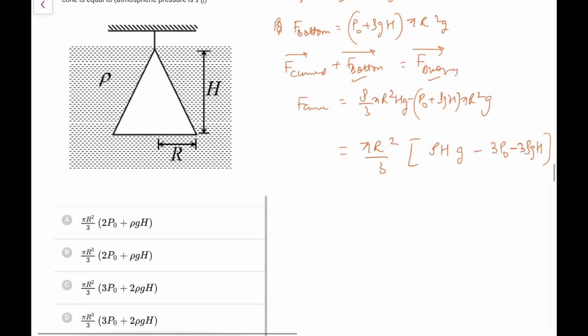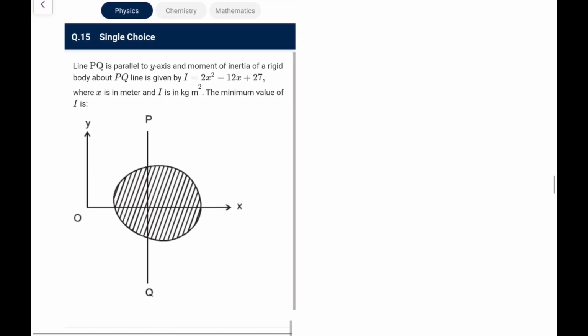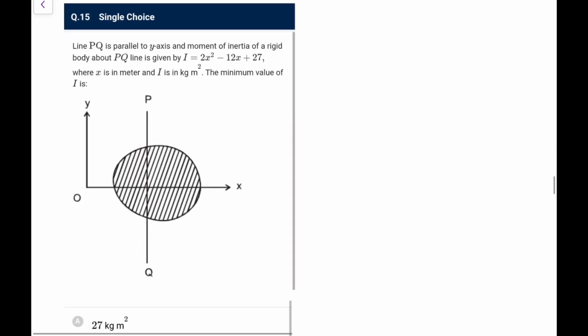So what we are left with, that would be not upward, that would be downward. I am just checking the magnitude, so take that negative out. So that would be 2 rho g h plus 3 p naught. So it's option C, again a very nice question, and that would be downward, you can make it out, because the net component from the curved surface would be downward here. So this is a nicely designed paper, it is actually impressing a lot.